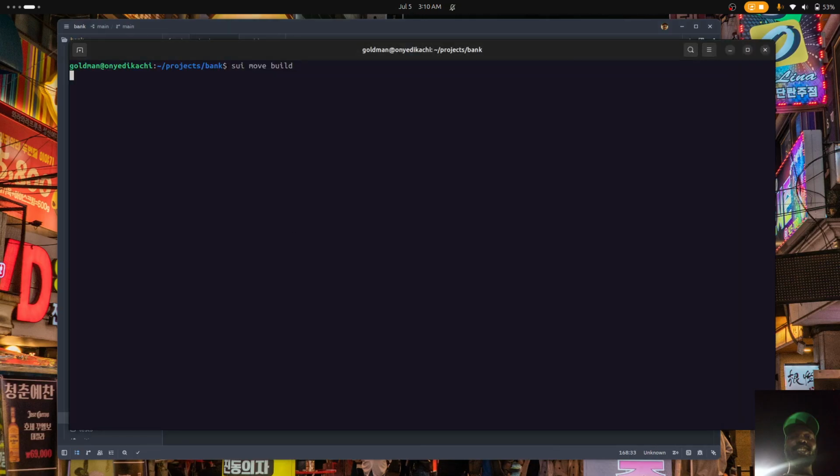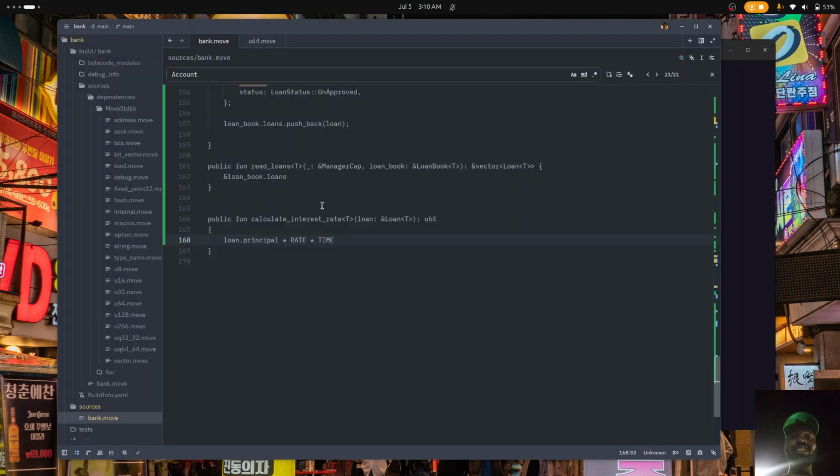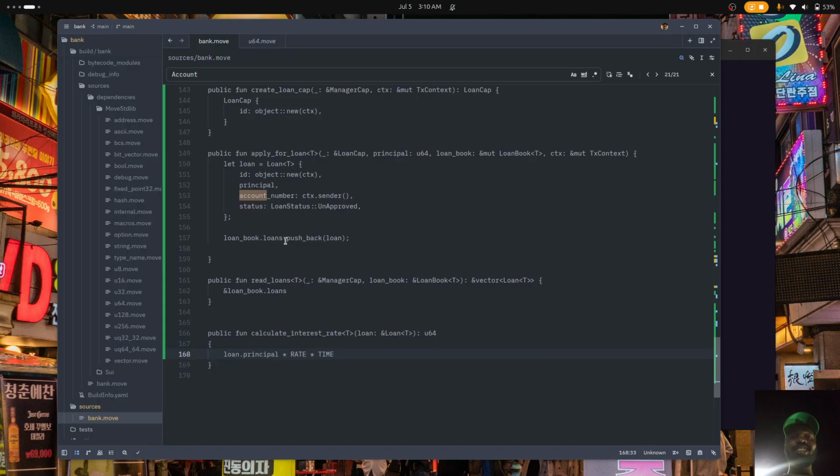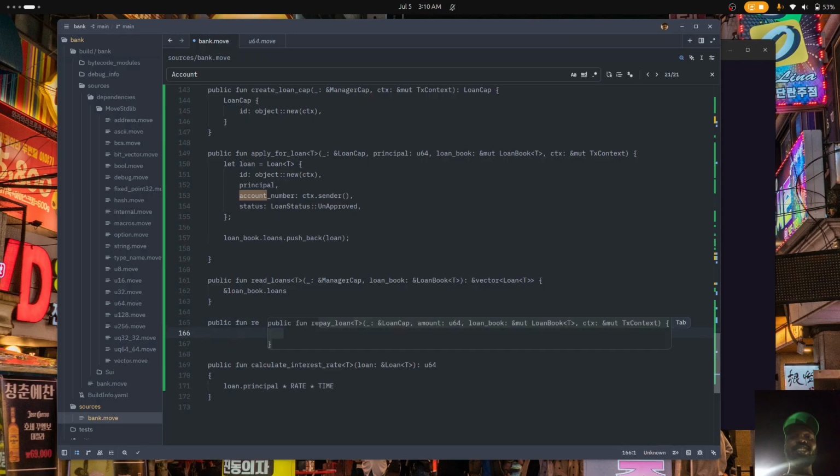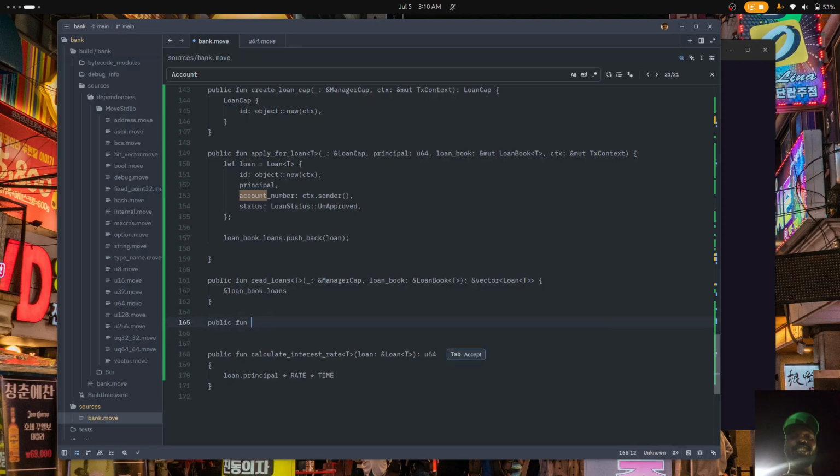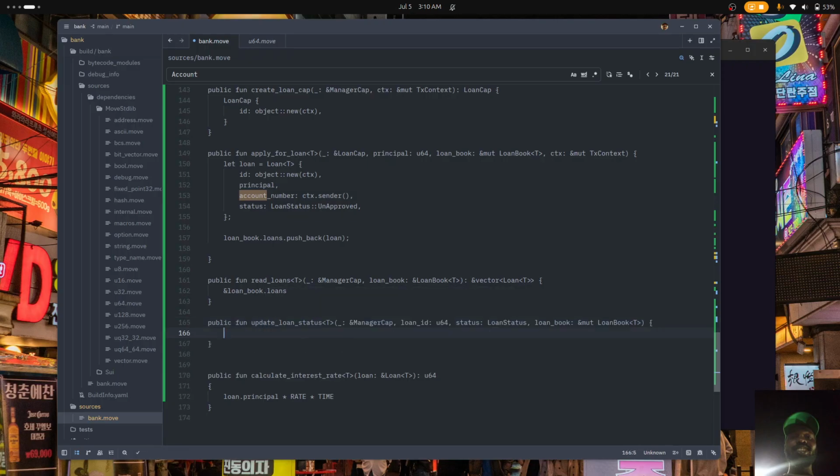Let's view and see. It should work now. So yeah, so managers can see the loans and they can write the loans, right? So I want the manager to update loans. Okay, update loan